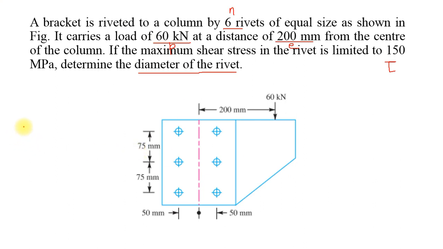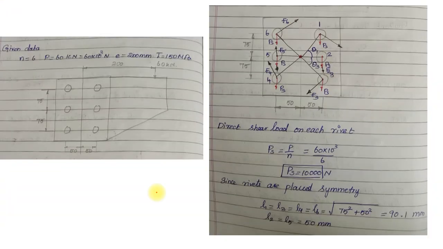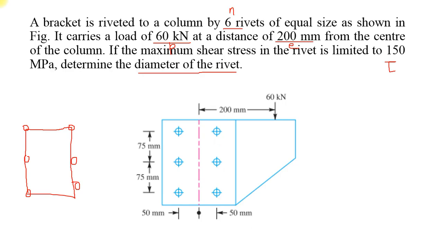So see here, I am having a rivet here, a rivet here, a rivet here, and a rivet here. I am joining all the centers in order to identify the particular thing. Here we don't have the center of gravity given, but it is very easy to identify. From this rivet to this rivet the center point is available, and from this rivet to this rivet the center point is available.